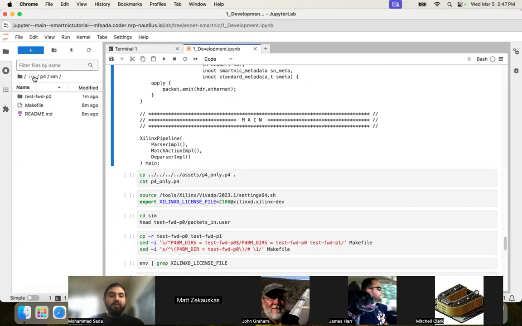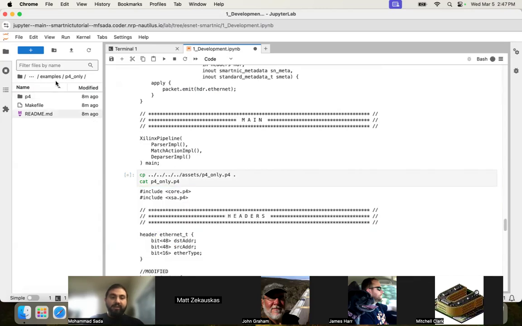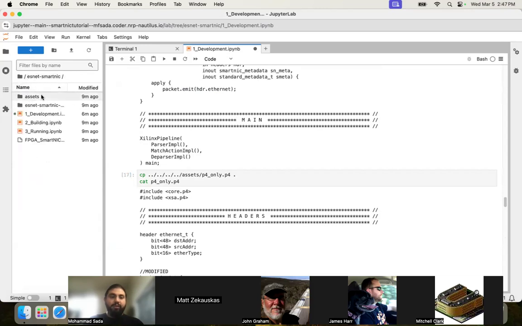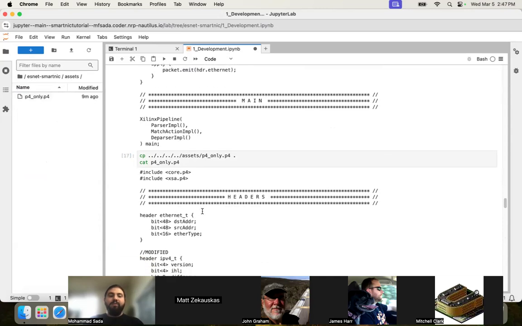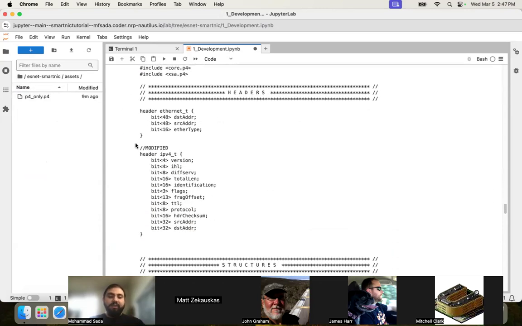And like we've mentioned, this is a very simple example. And if folks are interested, we can dive more into P4 and different tutorials. But what I want to show here is this in the assets folder here. We have a P4, here it is. So we have another P4_only.p4 file that we're providing, and I'm just going to walk you through what